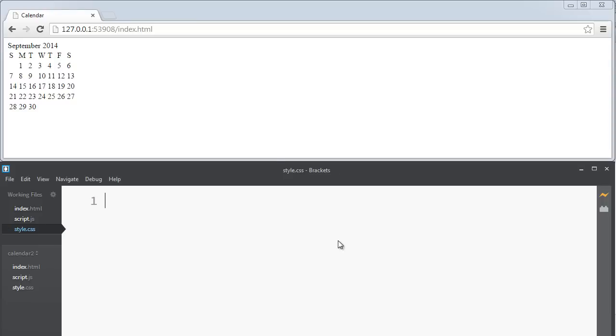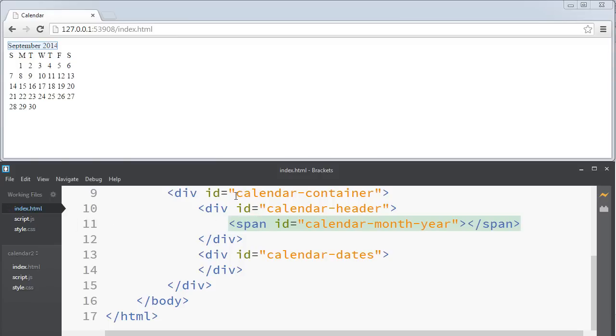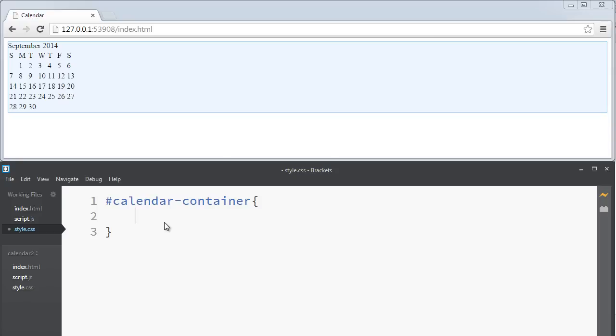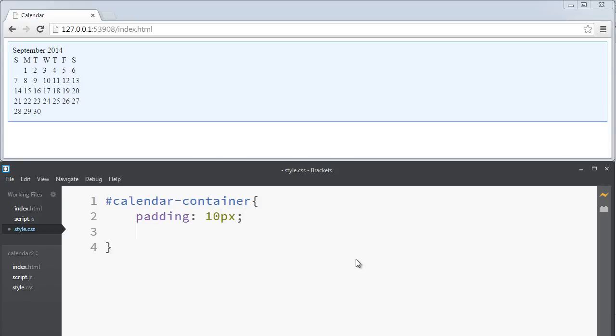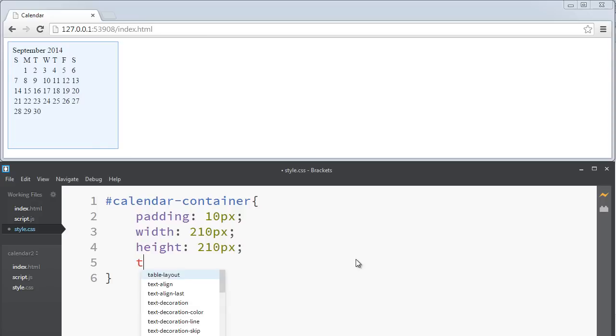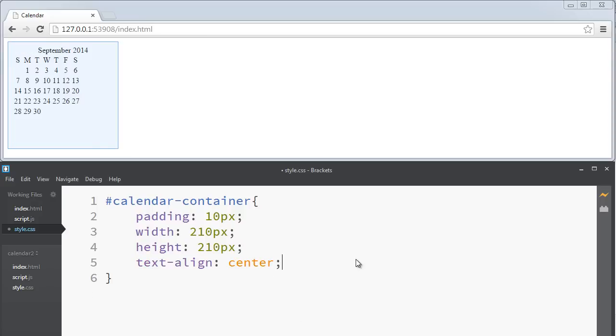So we'll first style the calendar container. Now if you look inside the index page, you'll see that the calendar container is an ID. So in CSS, to access an ID, we use hash. So we add hash calendar container, and we give padding of 10 pixels. We set the width to 220 pixels, height to 10 pixels, text align center,